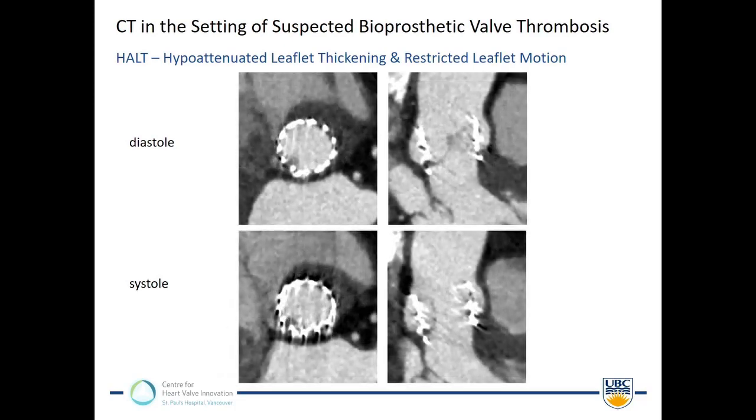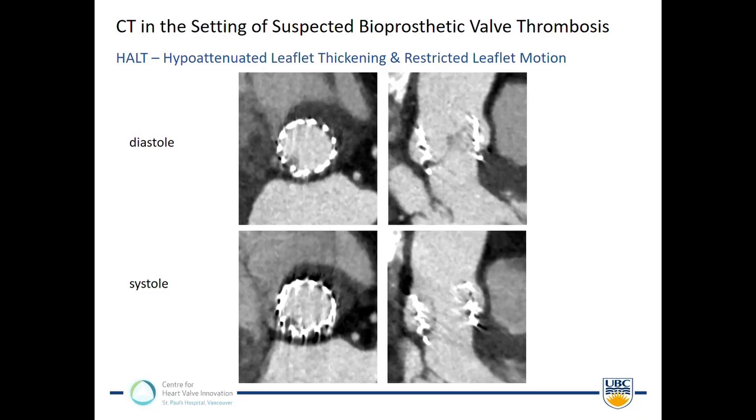Different patient, a less pronounced finding. Upper image, again, diastole. You see that there is, on the base of one leaflet, a little bit of meniscal thickening. And again, this is in keeping with leaflet thrombosis. And in systole, very similar finding. Again, the same finding here. And most importantly, if you have good image quality, you can actually see that the leaflet starts hinging at the end of the thickening. So even a little bit of thickening will cause leaflet restriction.